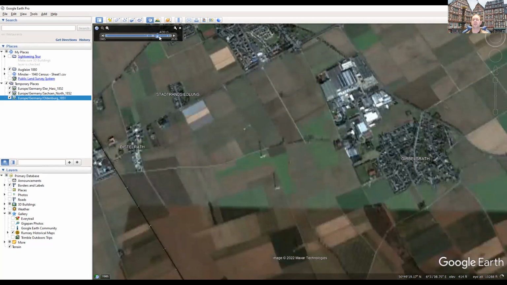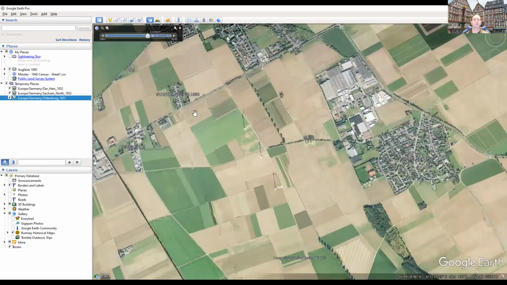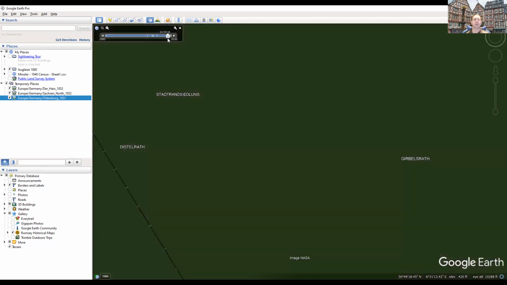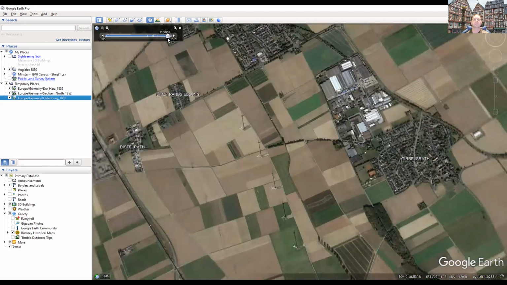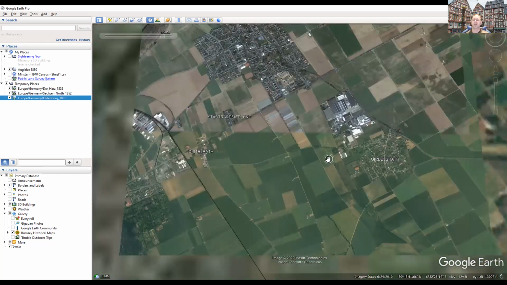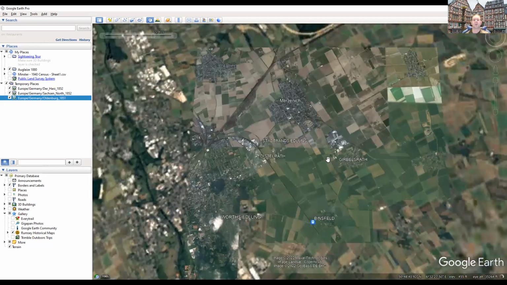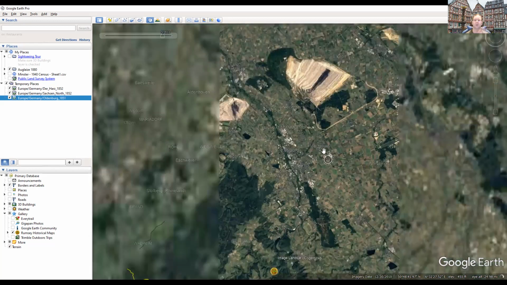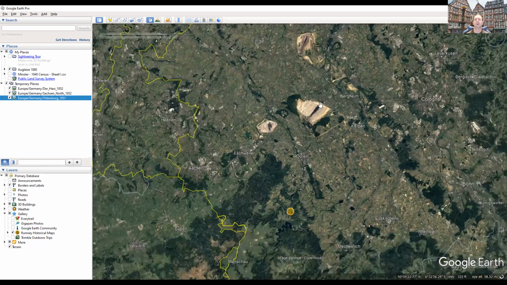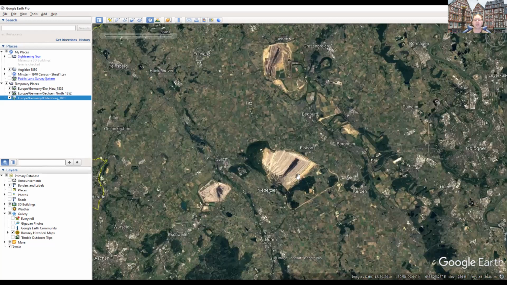And you can see this area right here, the field has changed a little bit. You can see that there are some new buildings down here that have been added. So this allows you to get a better view of the historical last 40, 50 years. But if I zoom out even further, like this mining area here,